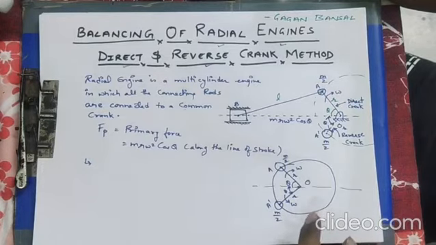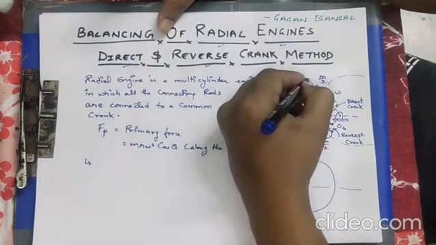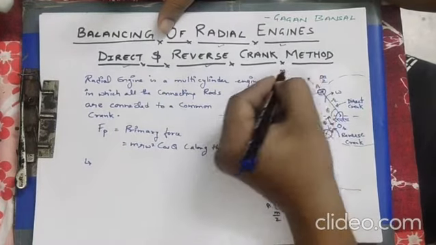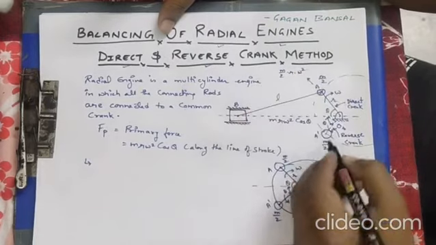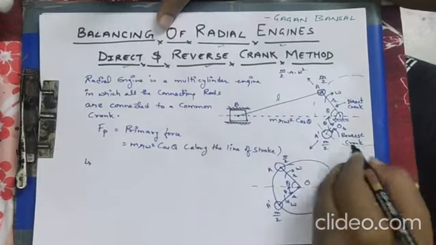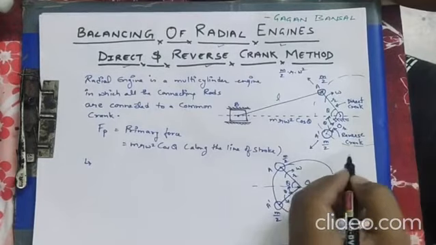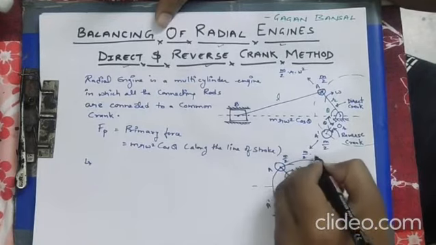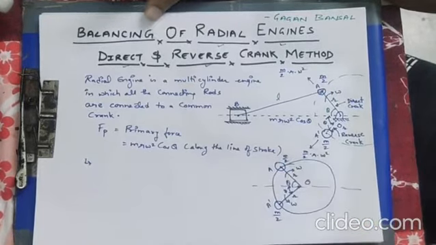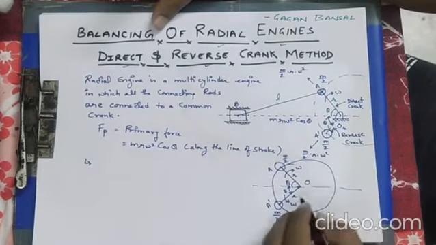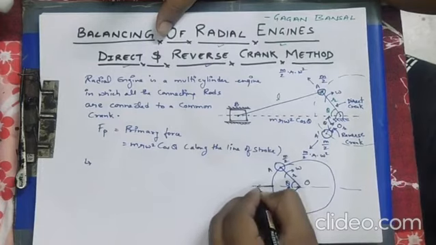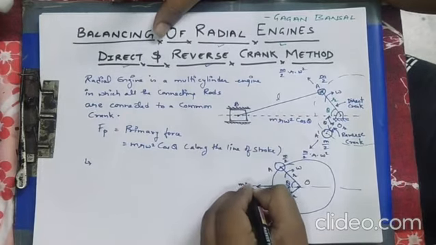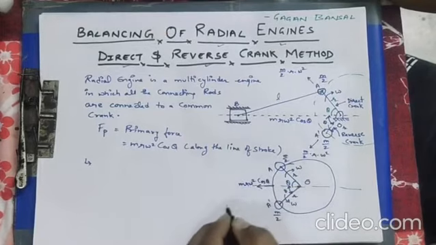Now the component of centrifugal force due to the rotating masses along the line of stroke. Suppose it is also creating a centrifugal force, that is mass m by 2 into r into omega square, at A dash, which is the reverse crank, or we can say the imaginary crank, rotating with centrifugal force m by 2 r omega square. Hope it is clear. And along the line of action, the primary unbalanced force is m r omega square cos theta.